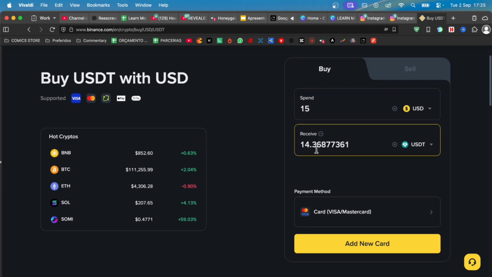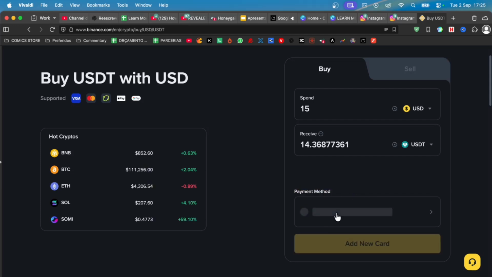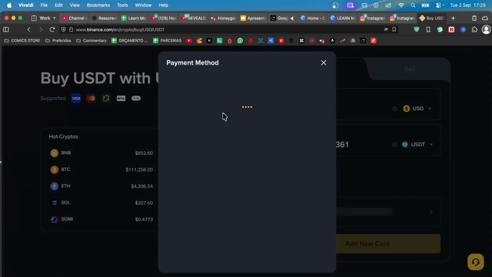Now, the most important part, the payment method. Select Card, Visa or MasterCard. Binance also supports Google Pay, Apple Pay, and other payment methods, but for this tutorial, we'll focus on debit credit